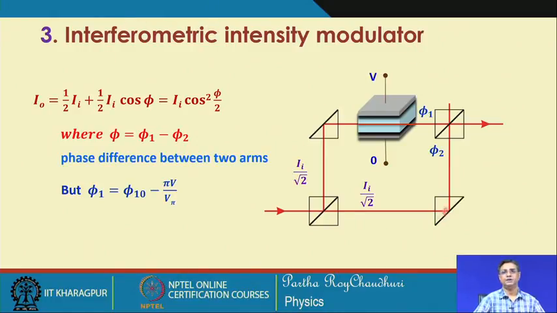This is actually a Mach-Zehnder scheme, where you have an input light. In the ideal situation, 50% of the light is reflected, and again it is reflected, then there is another beam splitter from which part of the light is reflected and 50% of the light is transmitted. In the same way, the remaining half of the light which is transmitted through this first beam splitter again gets reflected, and again part of the light is reflected and 50% is transmitted.